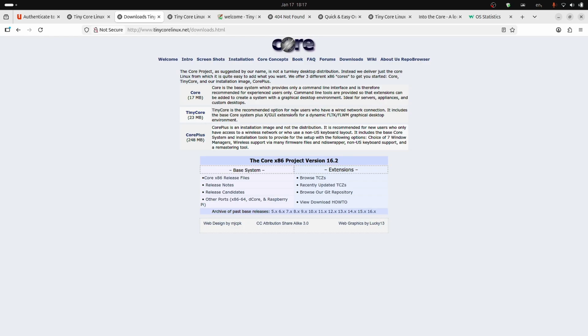TinyCore is recommended option for new users who have got a wired network connection. It includes the base core system plus XGUI applications for dynamic FLTK, FLWM graphical desktop environment. So Core OS is a headless system. It doesn't have any desktop. TinyCore has only one desktop, that is the FLTK or FLWM graphical desktop, while CorePlus has got options for multiple graphical desktops. So we are going to try this one in our videos, and you can go through the